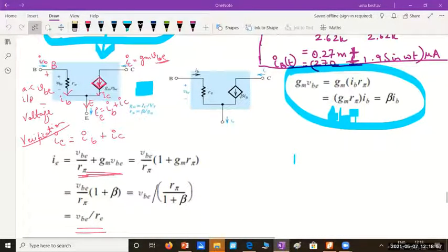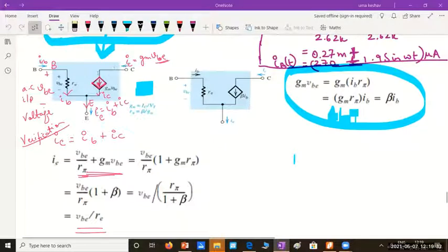So what is it dependent on? The output current is dependent on the input voltage VBE into the transconductance GM. So the collector current IC can be represented with a dependent current source GM into VBE. So between collector and emitter terminals, we have a dependent current source, and between base and emitter, we have a resistance R pi. Now we showed this is one of the simplest ways of representing the transistor. Actually, we will include one more element in this model.